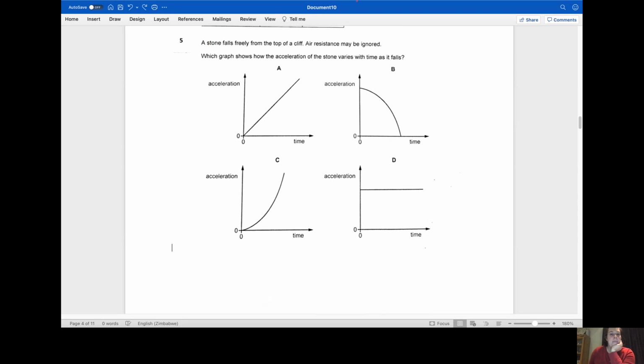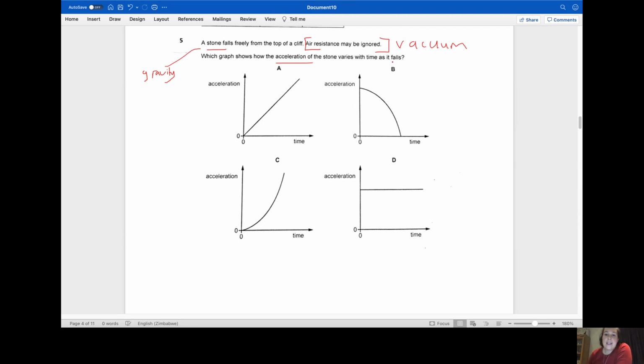Question 5. A stone falls freely from the top of a cliff. This is always important. Air resistance may be ignored. So in other words, this stone is like it's falling in a vacuum because they've said ignore the air resistance. You need to figure out what makes a stone fall. Gravity makes anything fall. Okay, so which graph shows how the acceleration, not the speed, how the acceleration of the